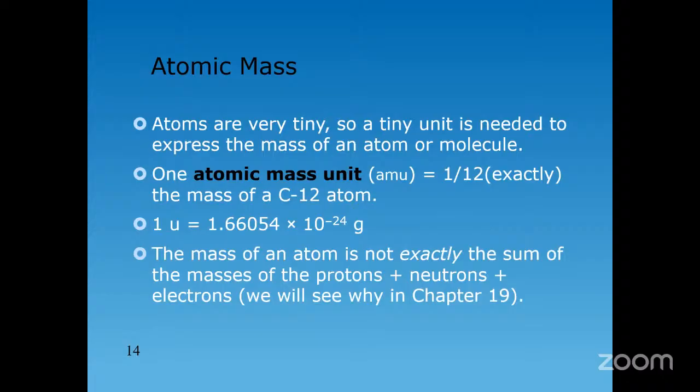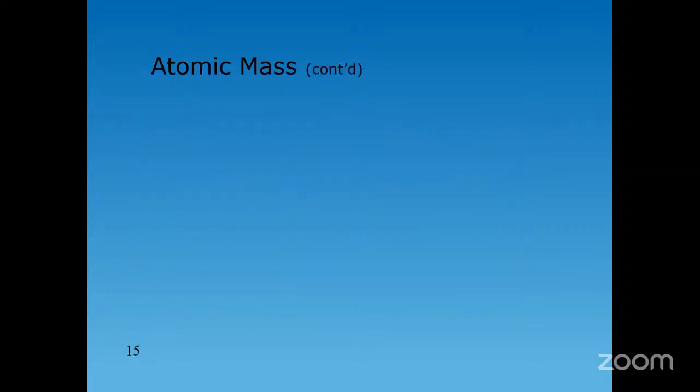But for those of you who have to do Chem 2, there's a chapter dealing with nuclear chemistry where this will be discussed, right? But for now, just accept it as fact that if you add up the total number of protons, neutrons, and electrons in an atom, that will not be equal to the mass of the atom itself. All right, there's a small difference between the mass of the atom and the mass of the particles in the atom. It's called the mass defect, and that's as much as I can say at this stage concerning that. Okay,